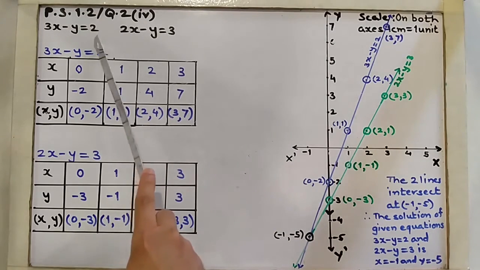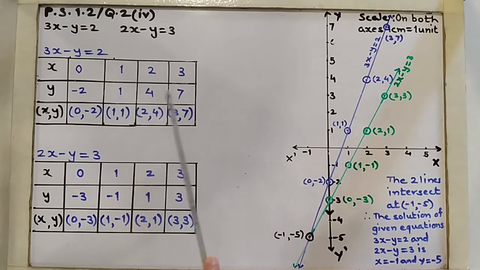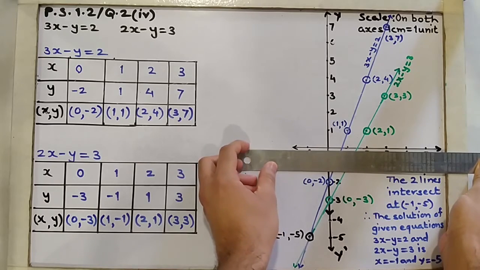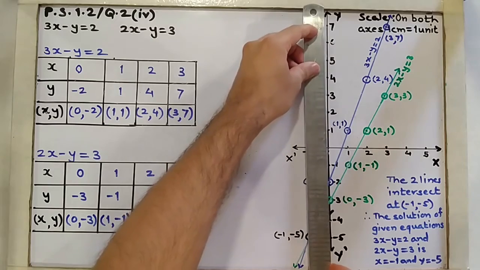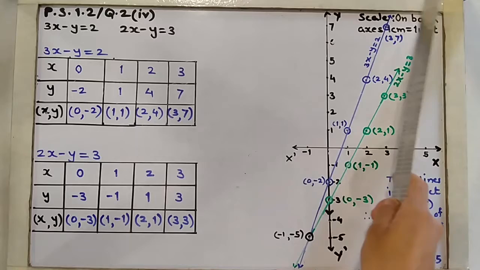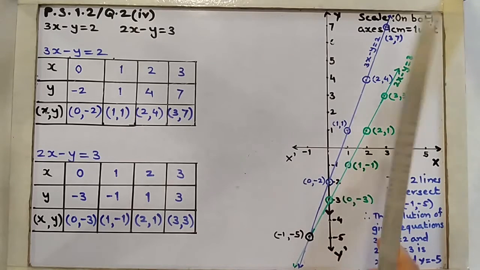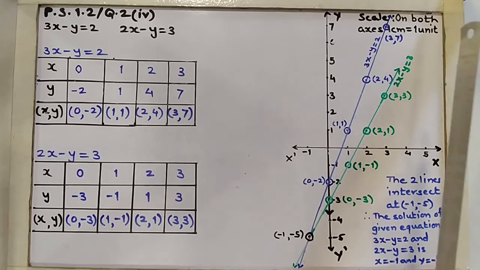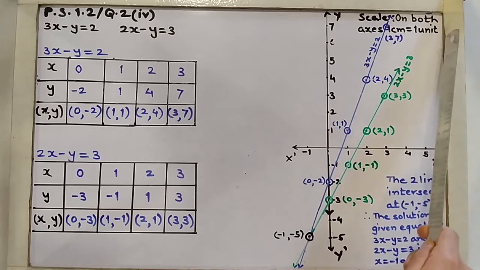So for the first equation we have found out 4 points. So we'll be plotting these points on the graph paper. First you are supposed to write the x-axis. You have to draw the x-axis and then you will draw the y-axis. And you are going to write down the scale. Now if you observe coordinates of all the points in both the tables, we can use the scale as 1 centimeter equal to 1 unit.